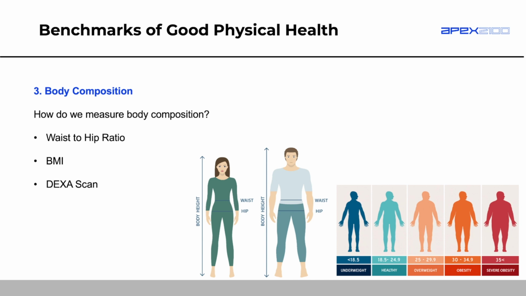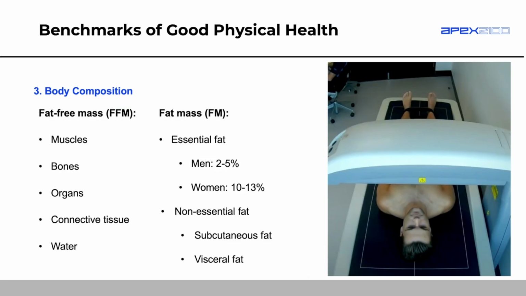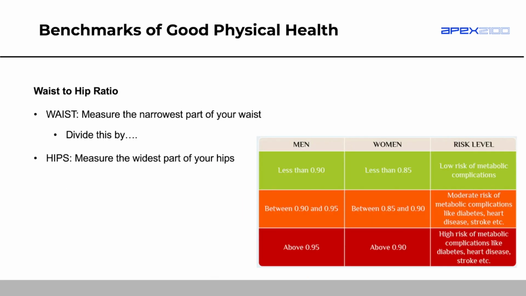And then we have DEXA scan. DEXA scan is the gold standard. The DEXA scan is what I showed you in the previous slide here. So this is a guy doing a DEXA scan. If you want an accurate body fat percentage, this is the way to do it. This is like the only standard method where it's actually correct. If you're using those scales that give you a percentage where you hold your hands onto those little metal things, they're not accurate. So DEXA scan is the accurate way to measure it. It's not very accessible though, so they're hard to come by and they are expensive if you want to buy and do one.